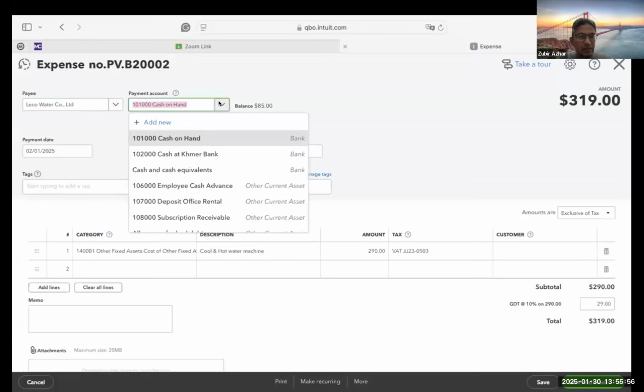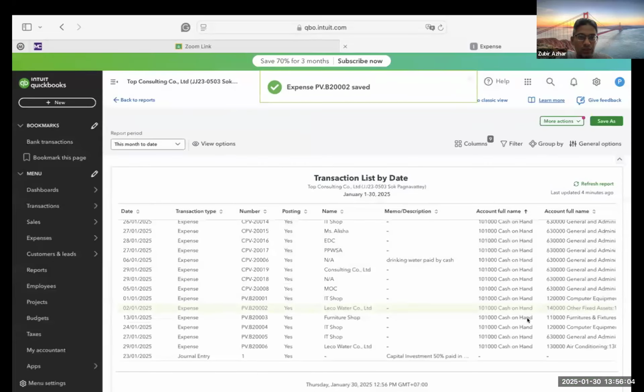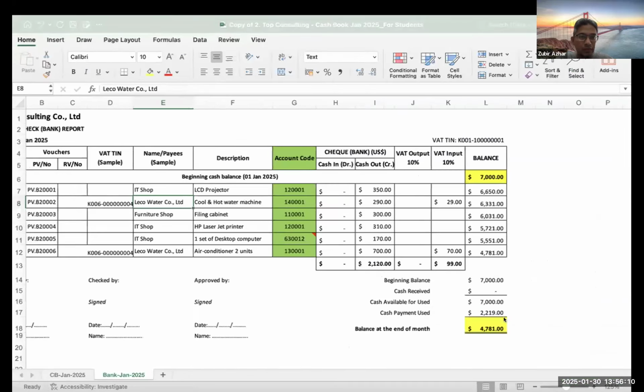And please change to cash at Commerbank. I think you didn't change to cash at Commerbank previously. Okay, save and close. And then let's take a look at the third one. Filing cabinet, furniture shop. Okay.